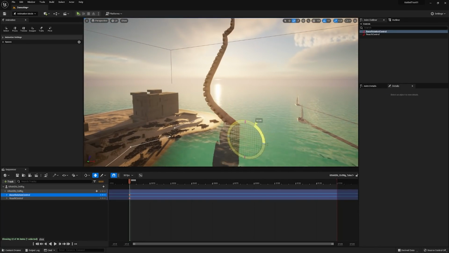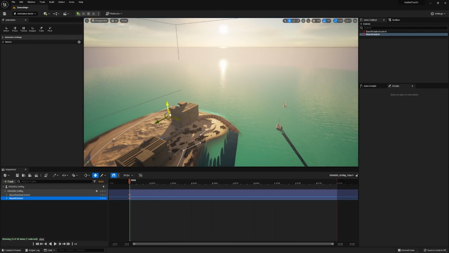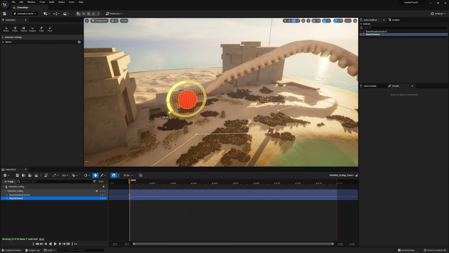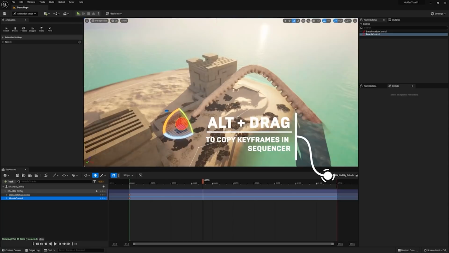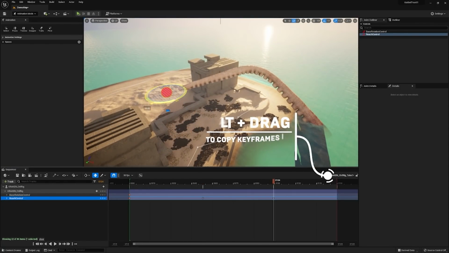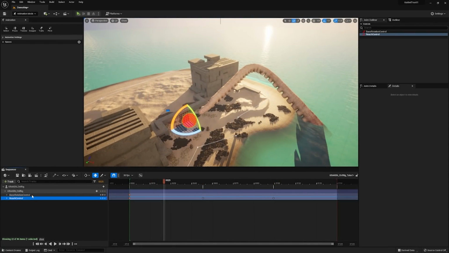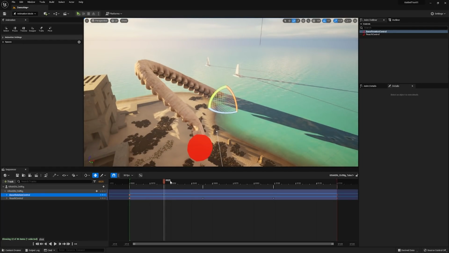And in this situation, I'm just going to drop it in there, and I'm going to go ahead and add keyframes to both of those controls to get something that looks a little bit wiggly and menacing over the island. It's a good idea to grab those two initial keyframes and alt drag them to the other side as well so that we're starting and ending at the same location. In this situation though, I'm just going to get something that I think will work.